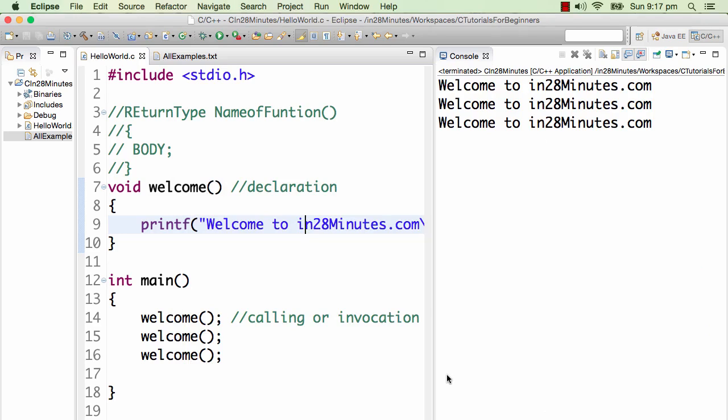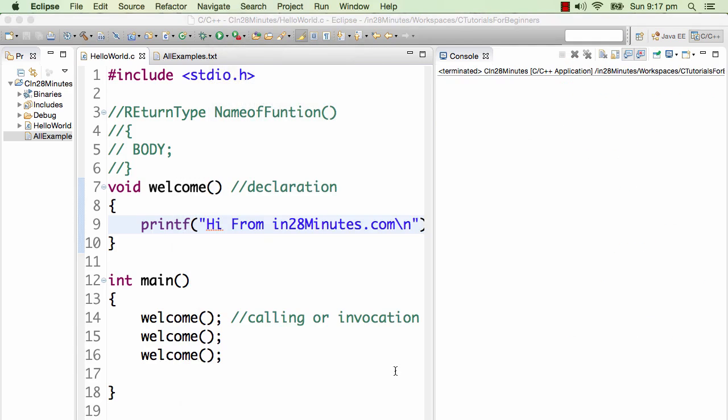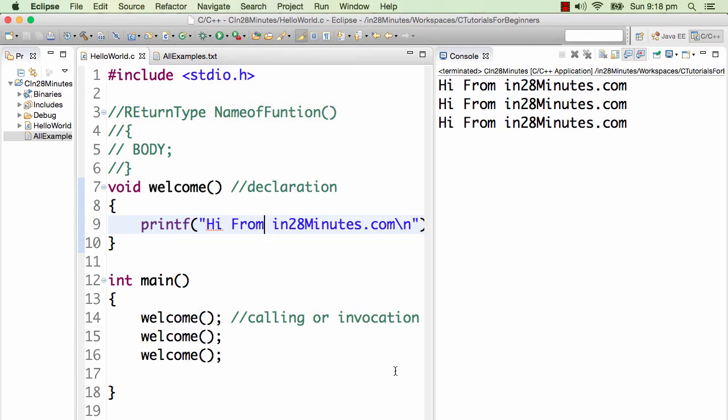The reason why we prefer using a lot of functions in programming is that functions avoid duplication of the same logic. Earlier, I had this present 3 times in my code. Now it's present only once in my code. Thereby, I prevented the duplication, and it also improves maintainability. So whenever I want to change something, say I don't want to say welcome to in28minutes, or I want to change it to hi from in28minutes.com, all that I do is change one place, and wherever it's called, the change from that particular function is reflected in all those places. That's the beauty of